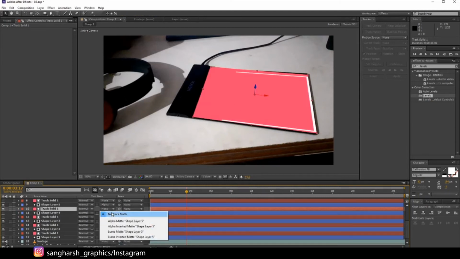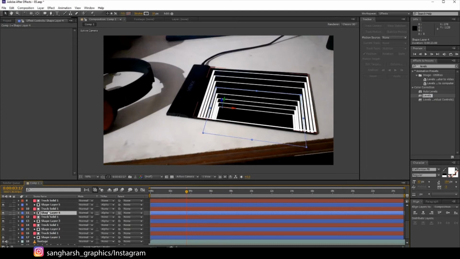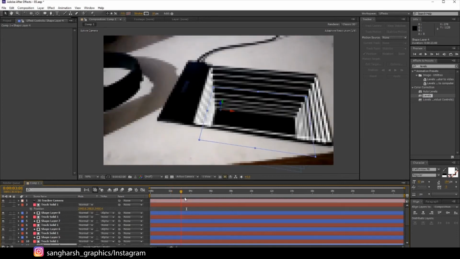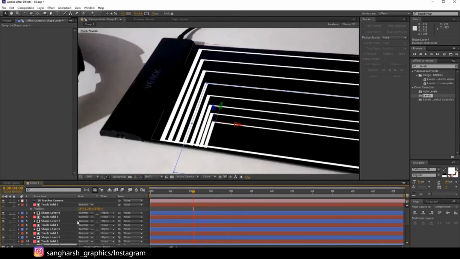Just select no track matte. Yep, I think we are done here. As you can see, we have a nice depth, looking like this.